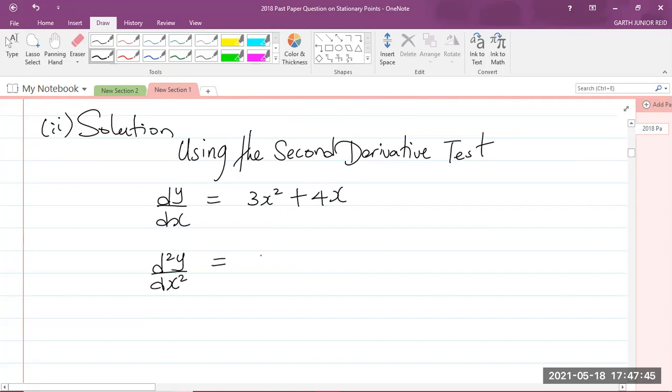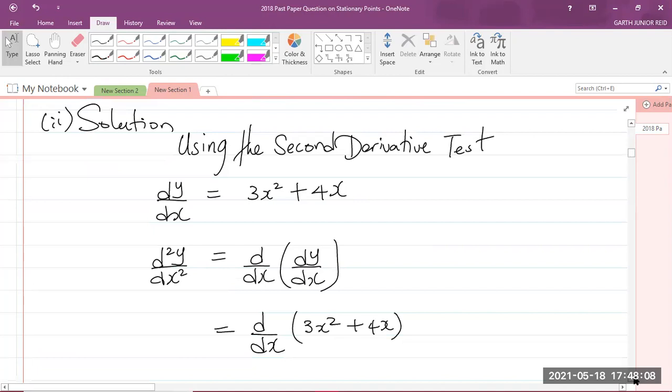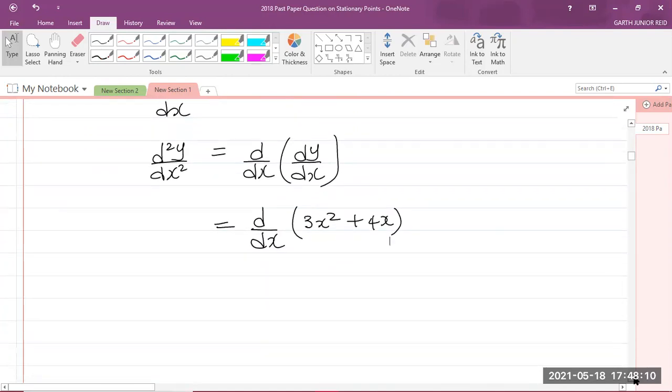And we can write it as d by dx of dy by dx, right? Which means that you're differentiating dy by dx with respect to x. So this is equal to d by dx of 3x squared plus 4x, right? So using the power rule on this again,